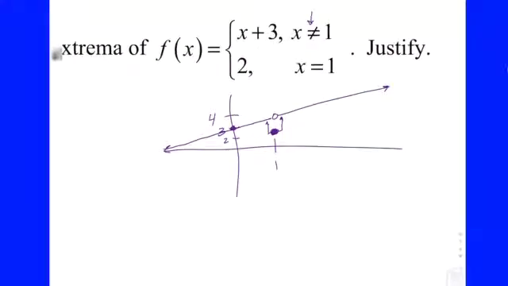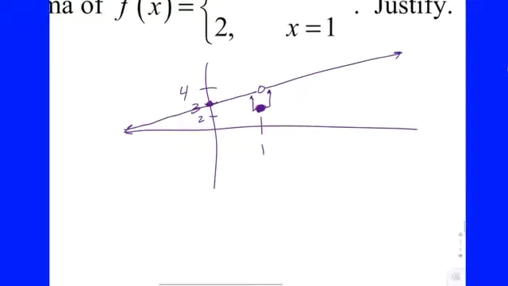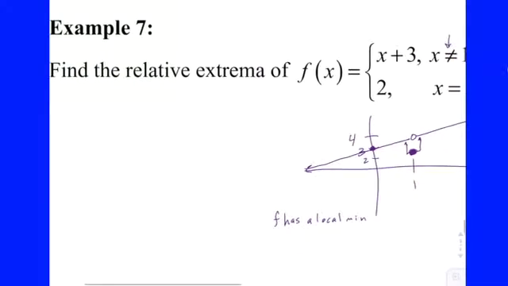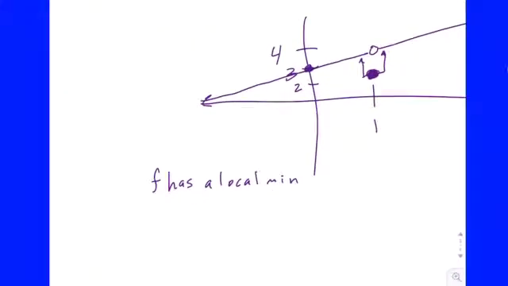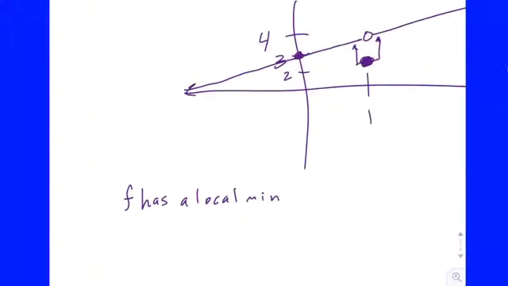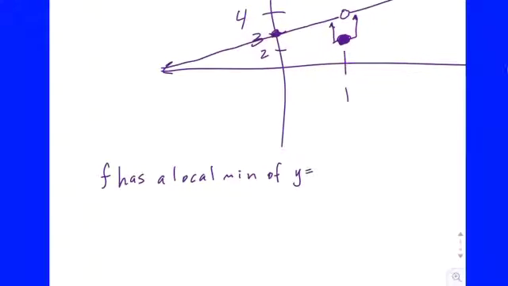So how are we going to justify it? Well, here's what we're going to say. First of all, f has a local min. Do we need to list the y value or just the x value? Well, let's read. Find the extrema. That implies the y values, yeah. So f has a local min of y equals... Is it y equals 2 or y equals 4? 2, yeah, it's the actual function value, not the hole value. So it has a local min of y equals 2 at x equals 1. And then because,